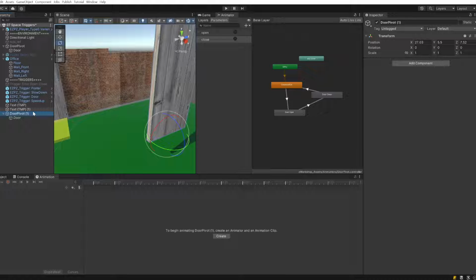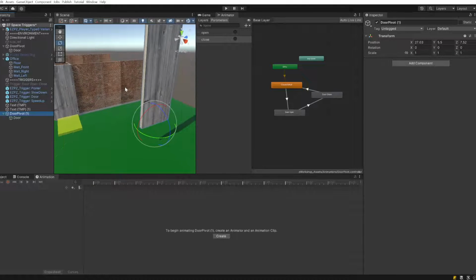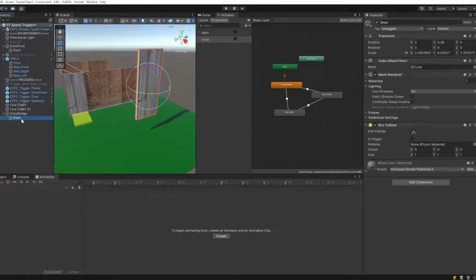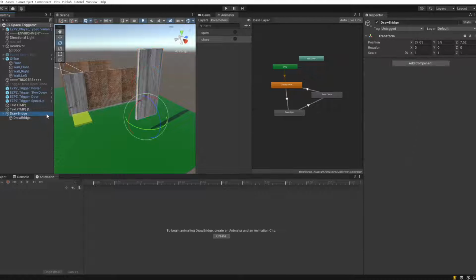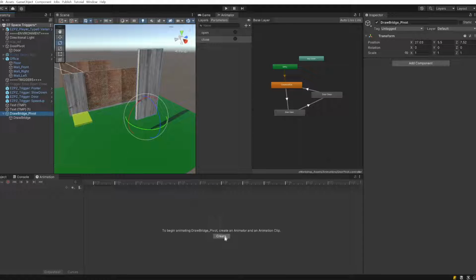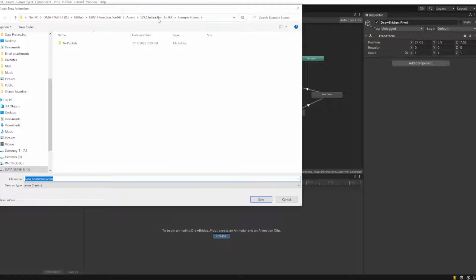So let's do this thing from scratch. Going back to our drawbridge, let's rename this to be drawbridge. And let's add a drawbridge pivot. And then we can go ahead and create an animation. You can see this object doesn't have any animations, but if we click on something that does have an animation, we automatically see what that animation is. So if we say create animation, I guess we get to